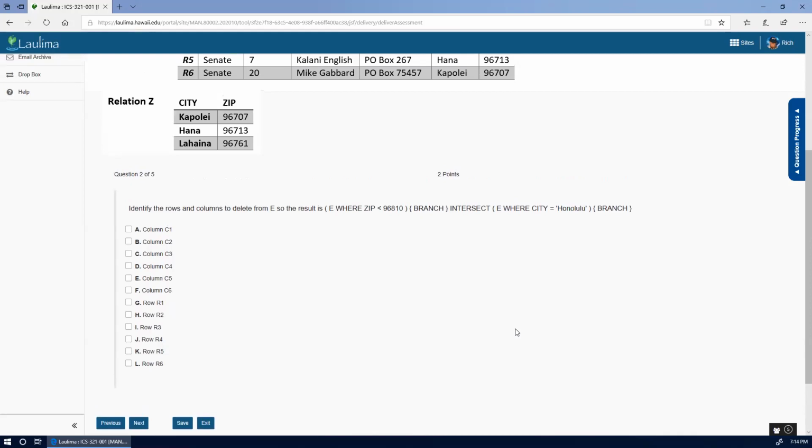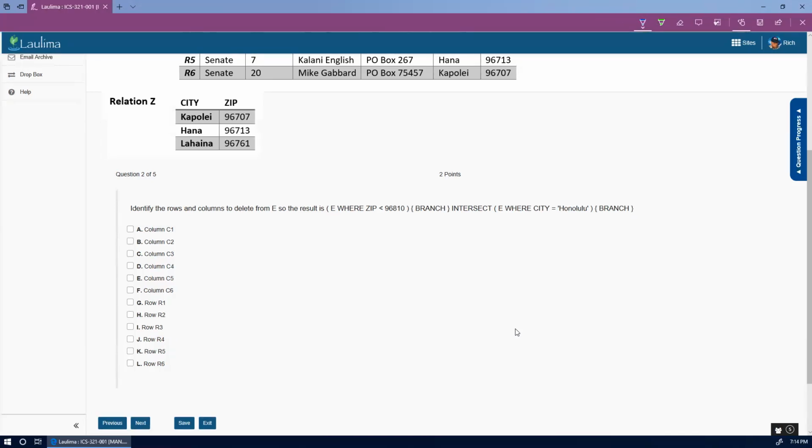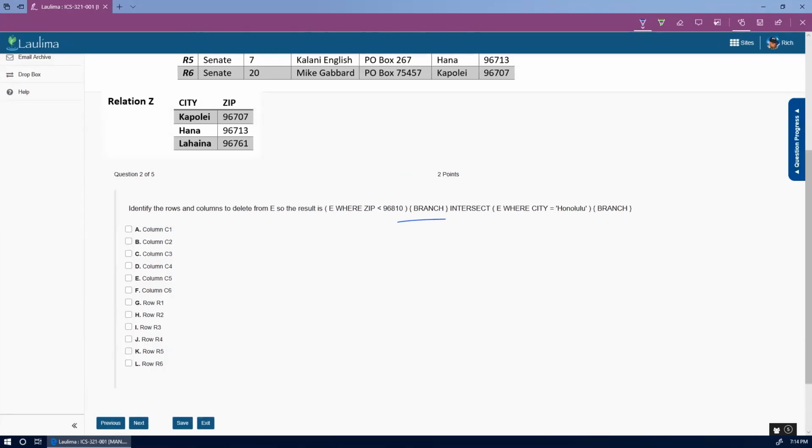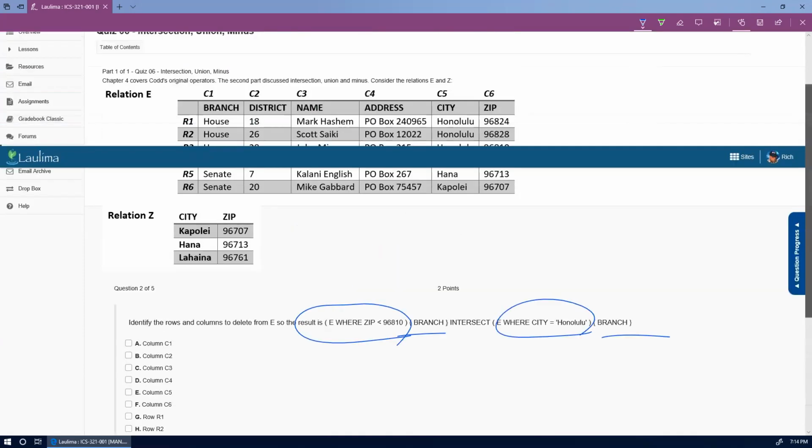Identify the rows and columns to delete. So the result is branch. So we're going to delete all the columns except branch, and we're going to find all the rows where the zip code is less than 96810. And we're going to intersect that with all the rows where the city is Honolulu. So Honolulu, less than 96810. Are there any Honolulus